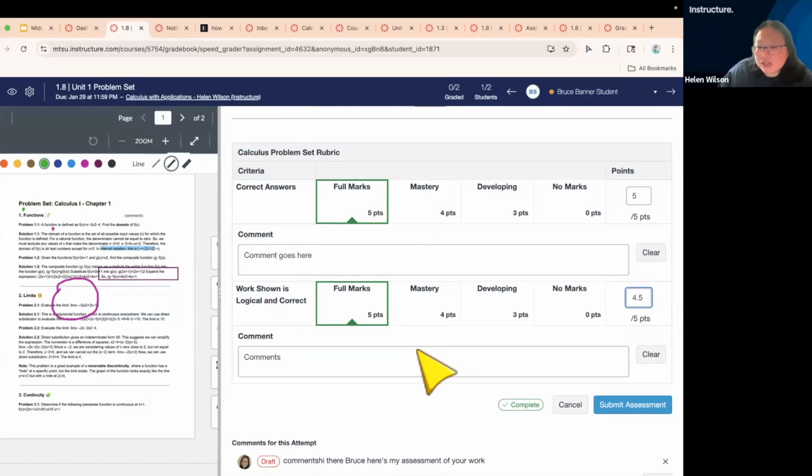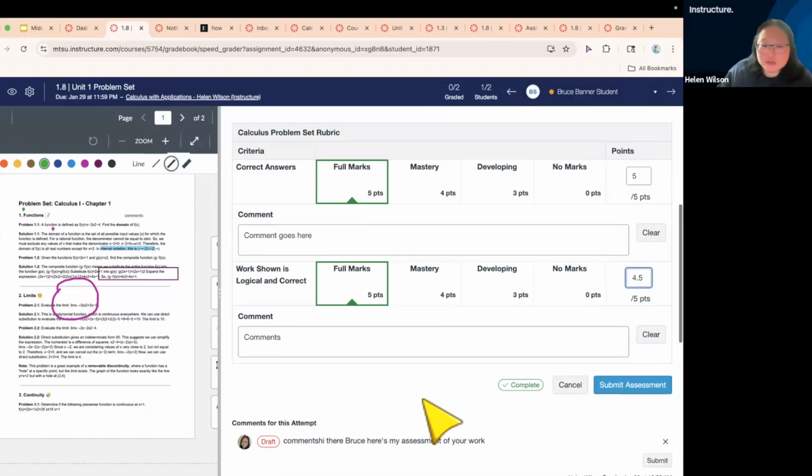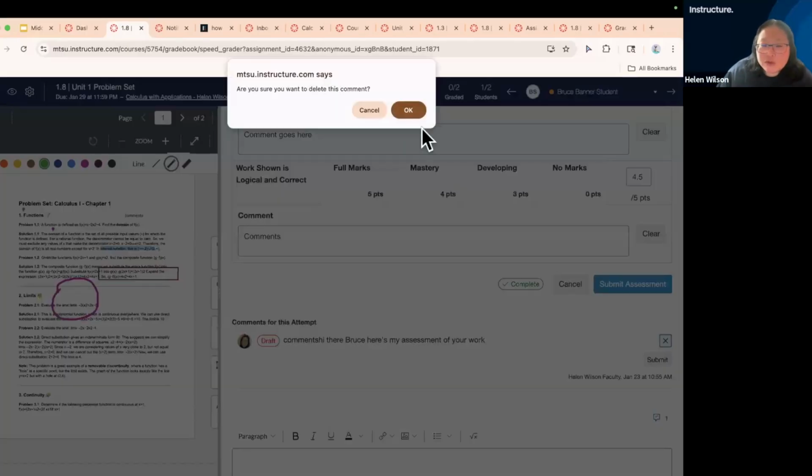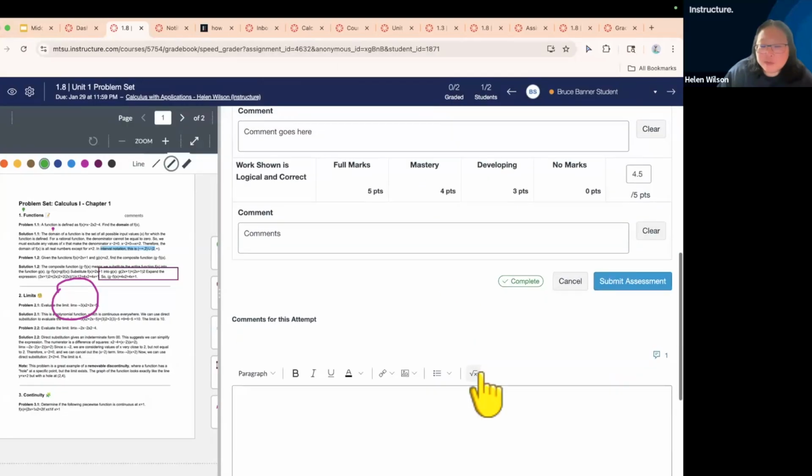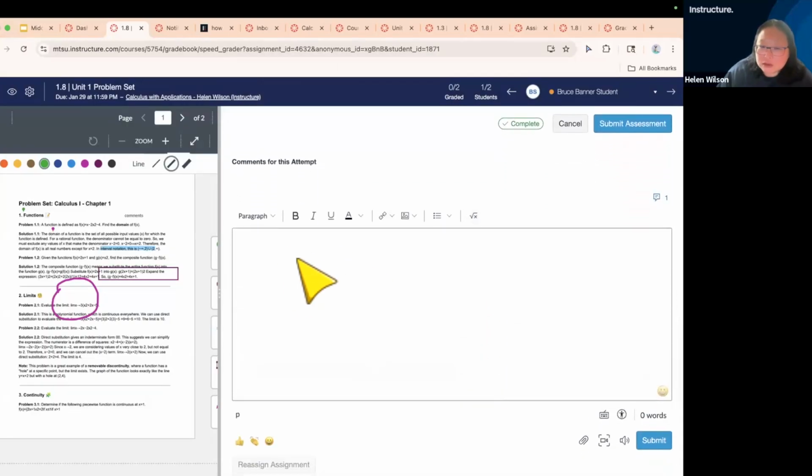And then once you're finished, you would click on Submit Assessment. So the points will be added up. You'll see a check mark here to tell you Bruce has been graded, and the grade auto appears in the Canvas gradebook. And below this area here, let me clean this up a bit. You can add more comments,